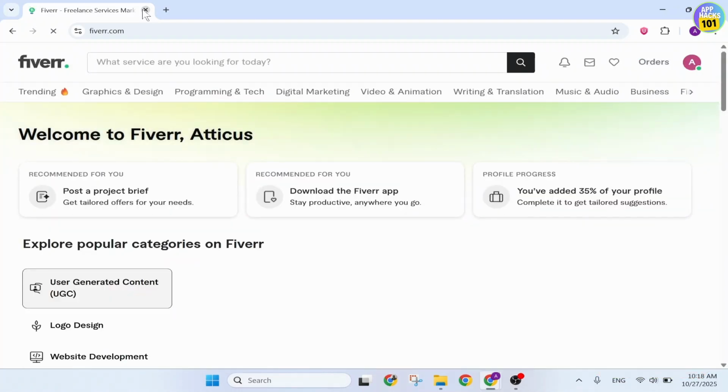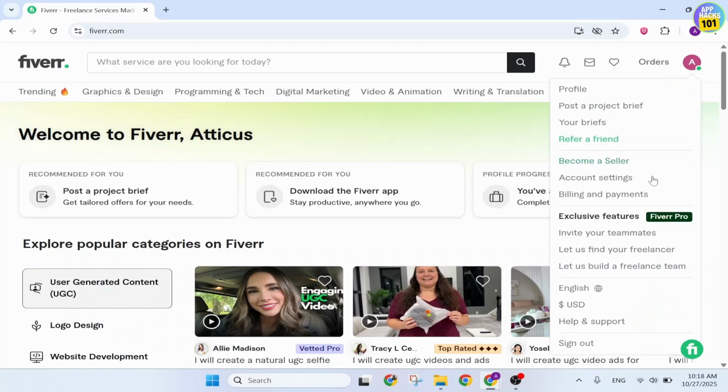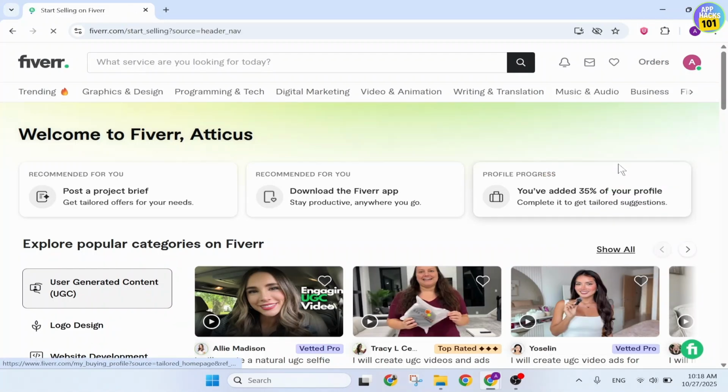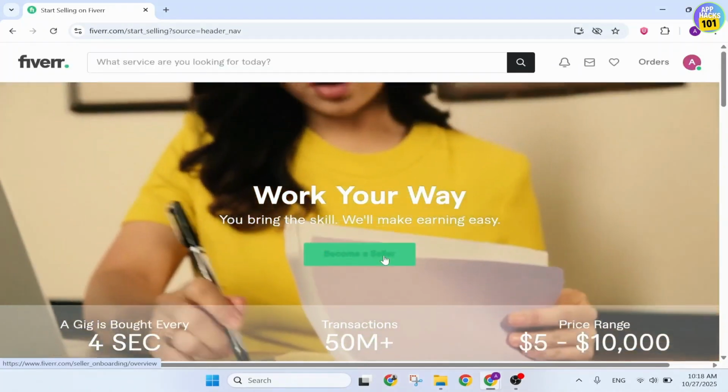If you don't have an account, the creating process is really simple and quick. You can create an account or log in with Google, and after you do that, you will need to switch your account into selling. Sometimes you'll find the selling option right here that says switch to selling. If you don't see it there, tap on your profile icon on the top right, then tap on become a seller. After you tap on it, Fiverr will take you to the become a seller option right here. So tap on become a seller,